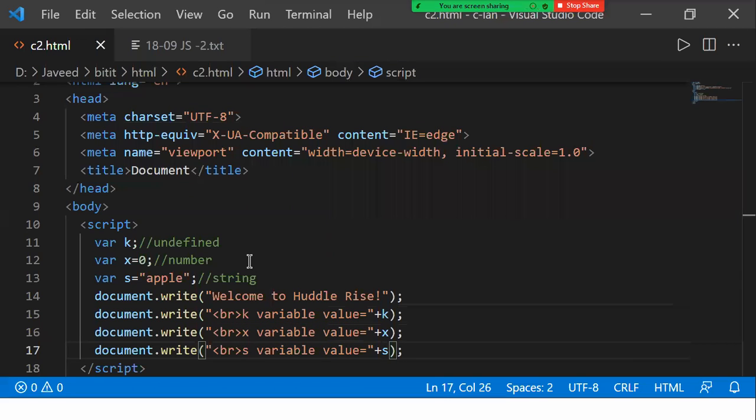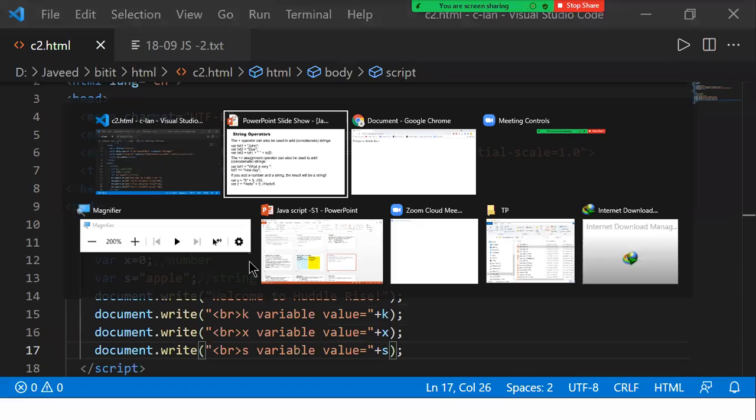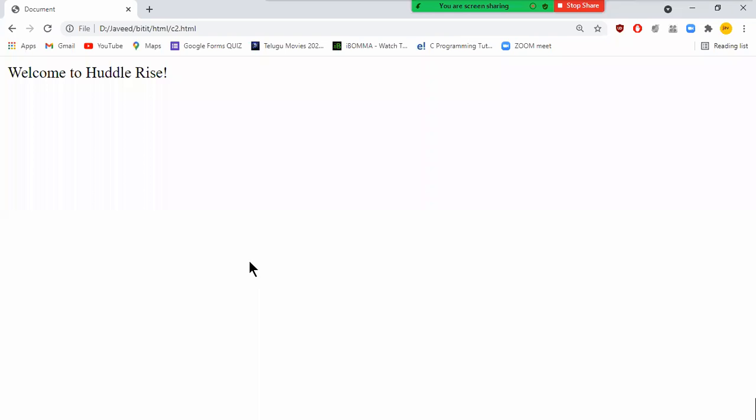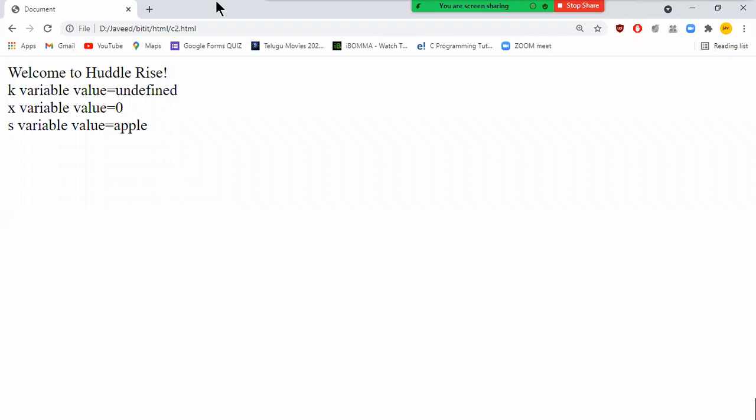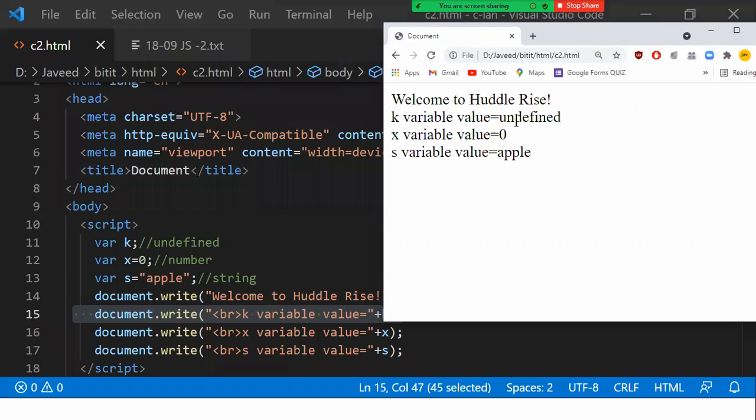Now let's save this. I'll go back to my program execution environment and run it. Now you can see that it's going to print. If you observe the code we are writing, we used k there, and you have put k in the double quotes. Observe carefully here in line number 15, I have put the k into double quotes. When I put it into double quotes, in the output you see that it's displayed as it is. The message is printed as it is, right? So you're getting what I'm telling you.